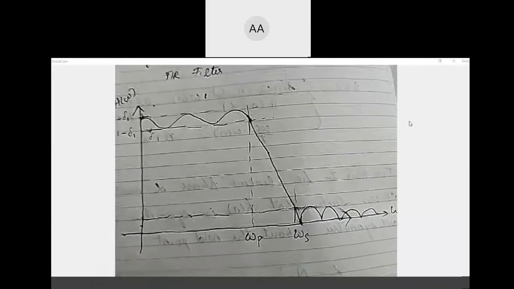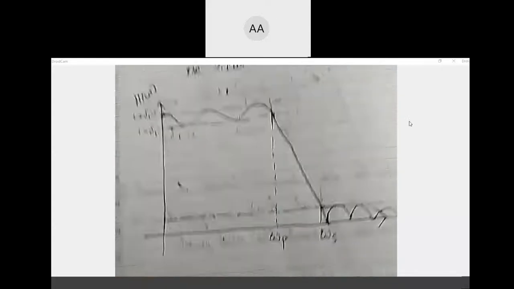That means there is a band of frequencies you're passing and there is a band of frequencies from which you're stopping the further passing of the signal, because it's a low pass filter. In a low pass filter you want to pass all the low frequencies, and frequencies higher than a particular cutoff frequency value you want to stop. Ideally the cutoff frequency will come in between this. Okay, so these are called ripples. This is called the pass band ripple, and at the stop band whatever you have is the stop band ripple. So I can represent the stop band ripple here as delta 2.